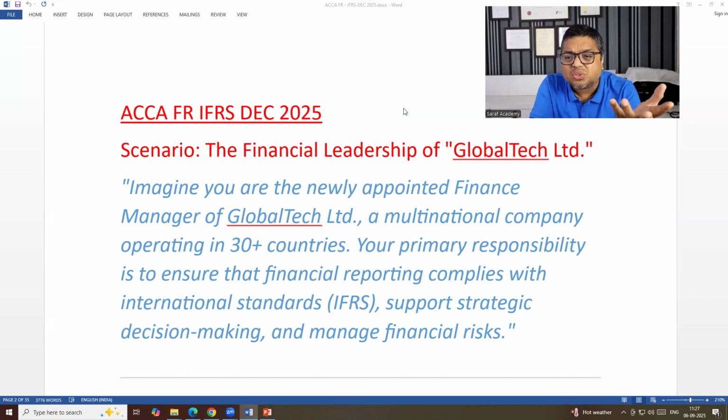For CIMA students, the way we will be studying in 3 months, that much detailing is not required, because they don't need to prepare the PL account and balance sheet. They are management accountants, they are not financial accountants. And they need to have a basic understanding of accounting, not very detailed knowledge.